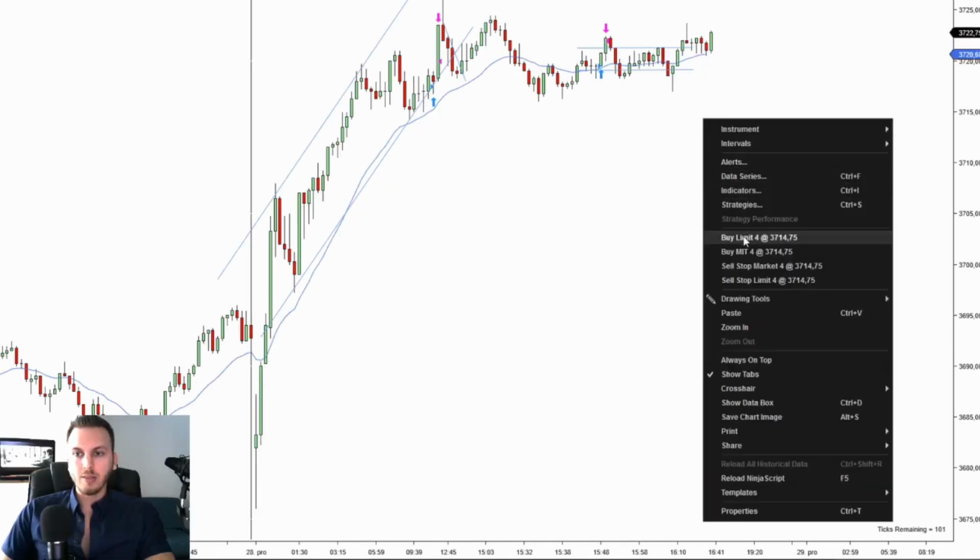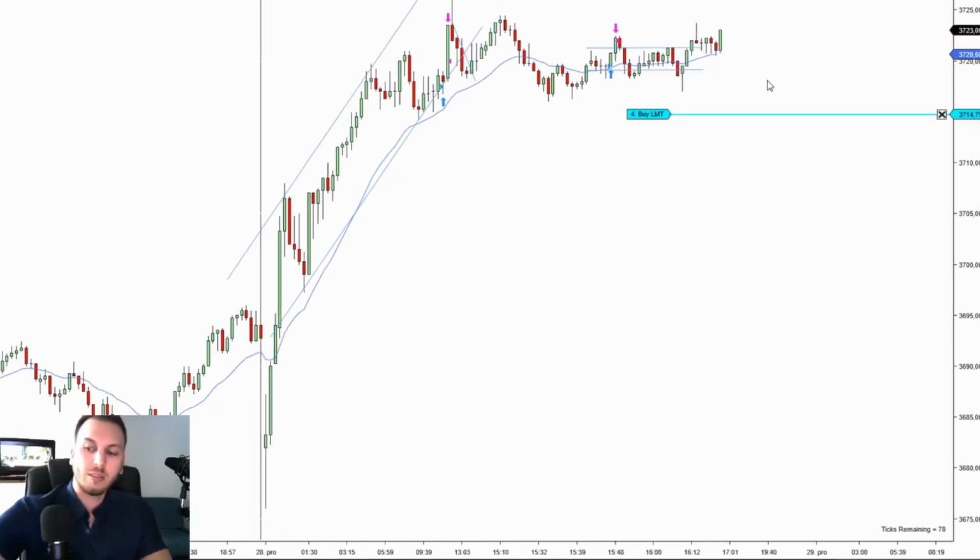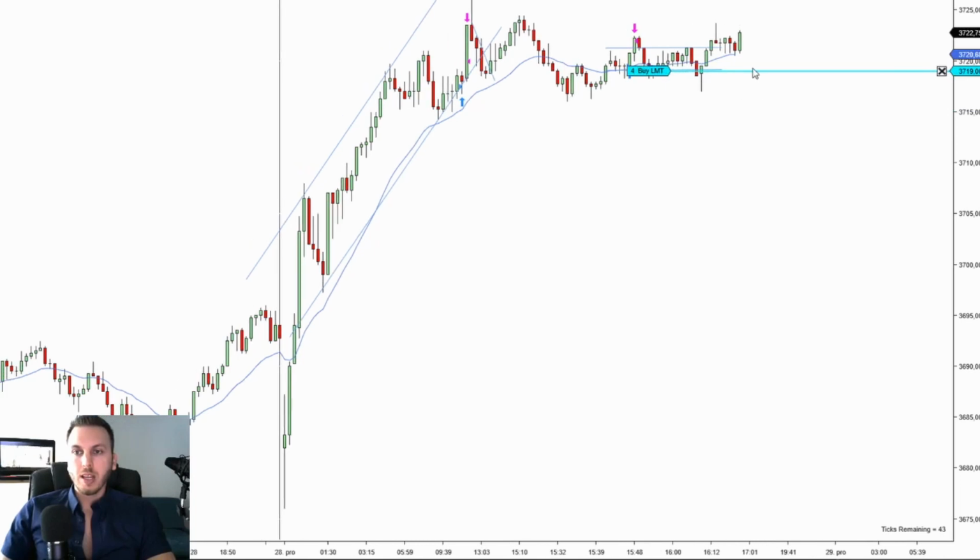All right, so we might have another setup here. I'm gonna put my limit order in, and I'll explain to you guys what I'm looking at. I'm basically looking at a second entry at the EMA, first entry long, pullback, second entry long. It is a quite big bullish bar, so I'm definitely gonna drop my limit order like halfway in